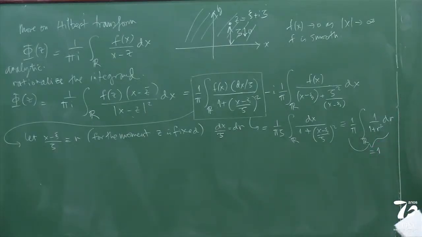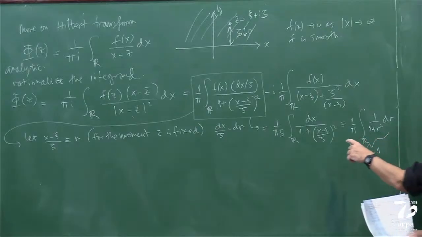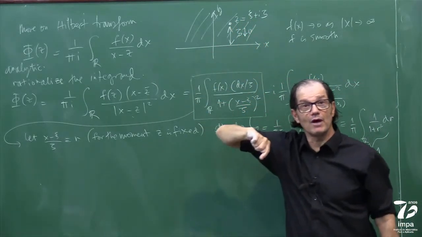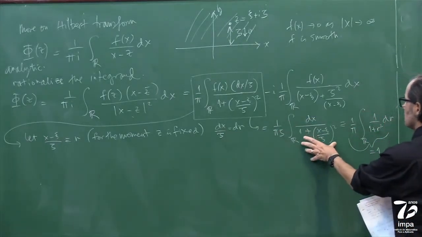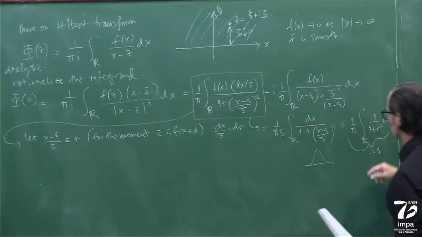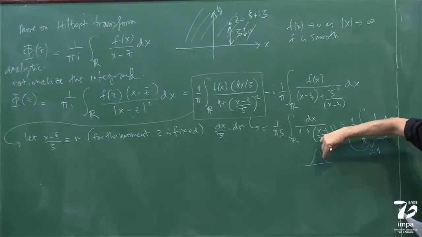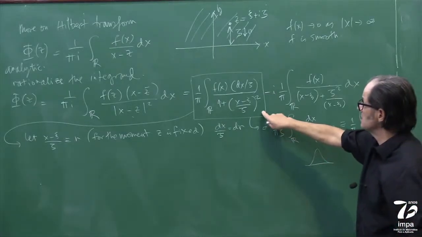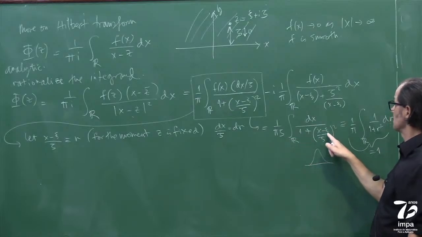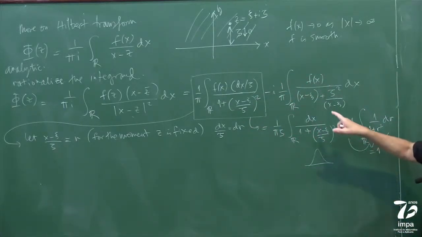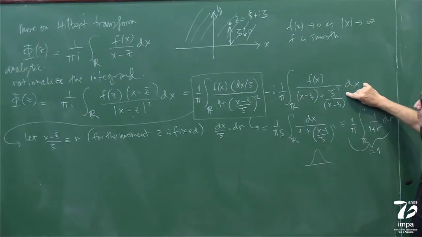So I'm not doing all the details, but you can say that as zeta goes to 0, which means as the z point comes closer to the real axis, this function here, which is a bell-shaped function, something like this, right? It's 1 over r squared. It will get skinny and tall with total mass 1. It's like a delta function, a Dirac delta function. So this is going to give me f of xi, because it's centered at xi. And as zeta goes to 0, what do I get from this one?